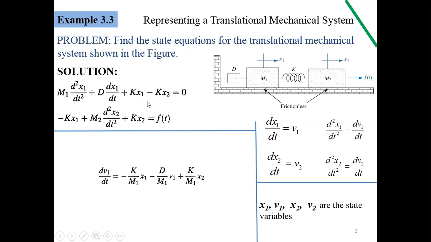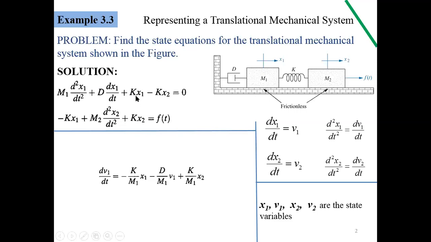So these three terms will be moved to the right side like this. So this will be plus, this will be minus, and this will be again minus. So right side we have no derivative, so these two terms will be replaced with velocity. This will be first derivative of velocity and this will be v1,